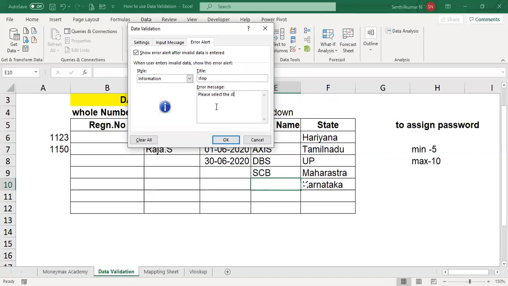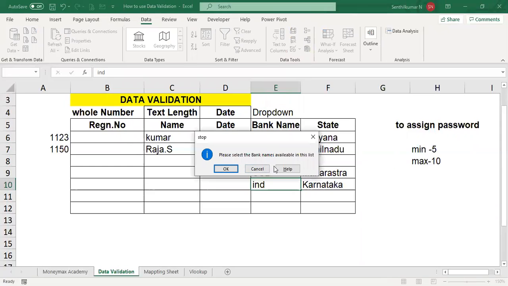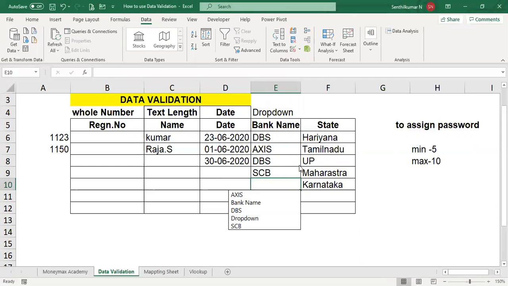Please select the state. No, we are giving bank name. Please select the bank names available in this list. Suppose I am typing Indian Bank. Please select the bank names available in this list, so you have to check the list, then select the bank name.